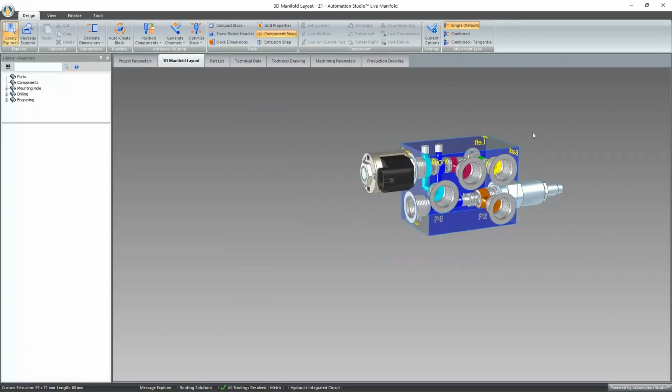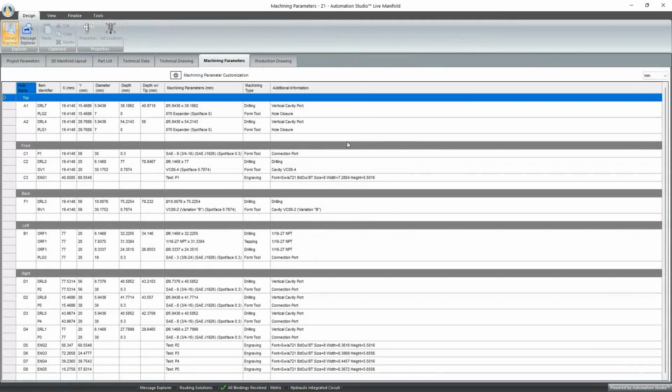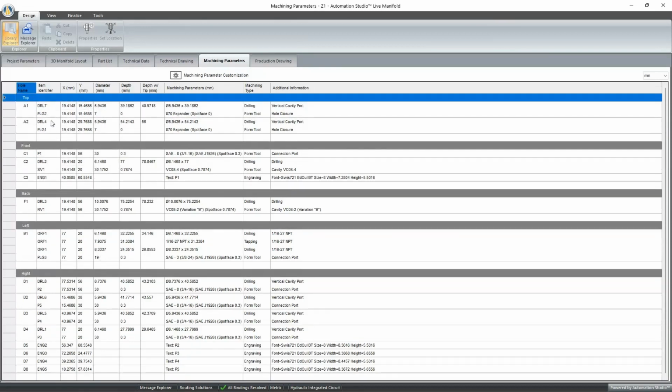And now I can take a look at my machining parameters for this manifold. You can see that I have a document that's divided into different sections depending on the faces of the block. So top face at the top, then front, back, left, right. In each of these sections, I have the different hole names, so A1, A2, as defined in the project properties. You can see you have an item identifier, so a drilling name, a plug name for what's been used,